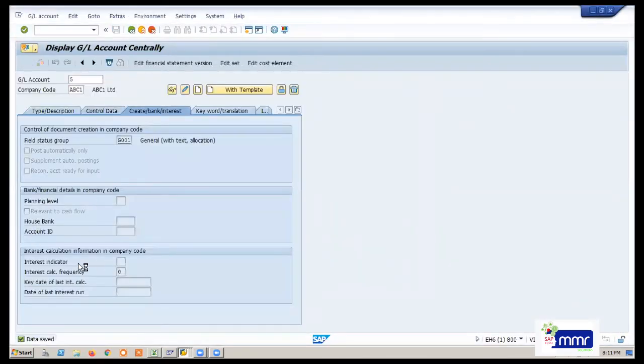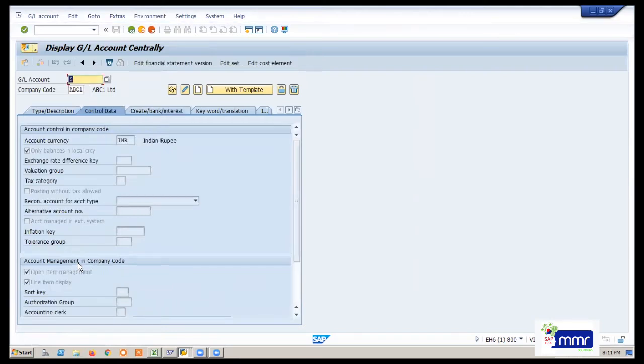This is very important. People who are taking an interview for you will expect some additional answer like this. Wherever you create a GL account as an open item, you have to select the line item checkbox. You cannot deny this. Then you can post the transactions in this GL account and then you can clear them. I will show you how to clear them also. You saved it, the GL is created.